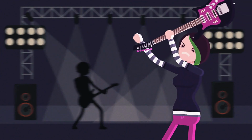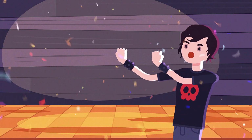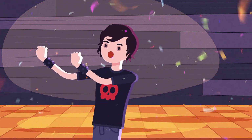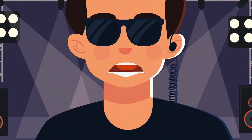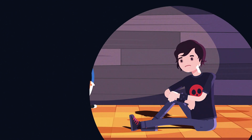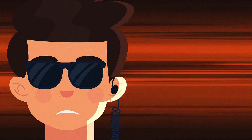Amir's favorite band was in town to give a concert. After it ended, Amir rushed backstage to catch the band members before they left and asked for an autograph. But the security guard stopped him. After Amir begged him and told him this was his biggest dream, the security guard said, "I will let you